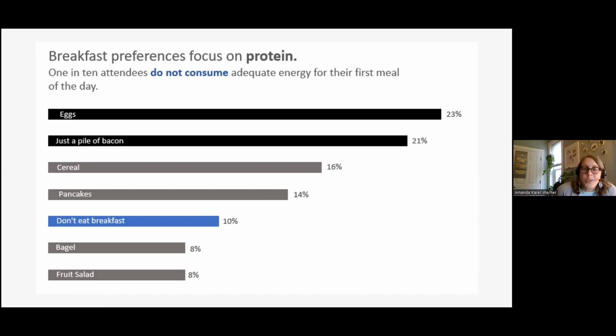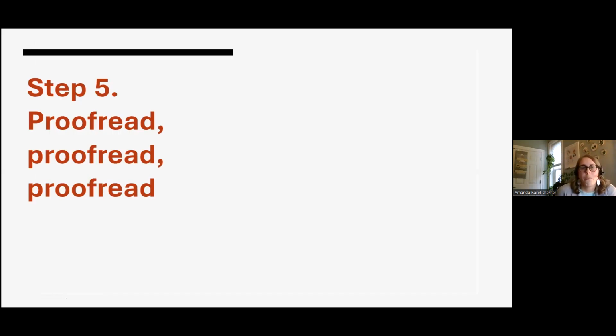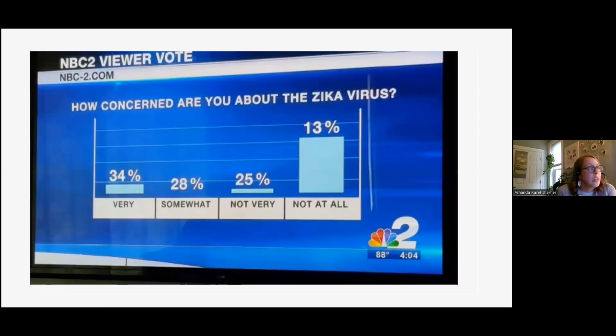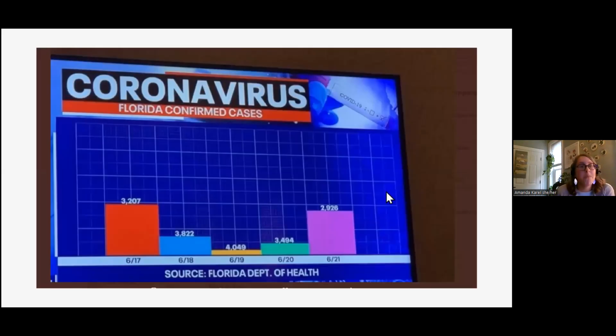So you've sharpened your message. What is the next step in data visualization? Proofread, proofread, proofread. Some things you really should be able to catch with careful proofreading. I really recommend you check your labels and your data. Otherwise, one day you might show up in a slide about the fundamentals of data visualization. I mean, really check them both very, very carefully. I don't know how 4,049 cases is that much smaller than 2,926, but hey,